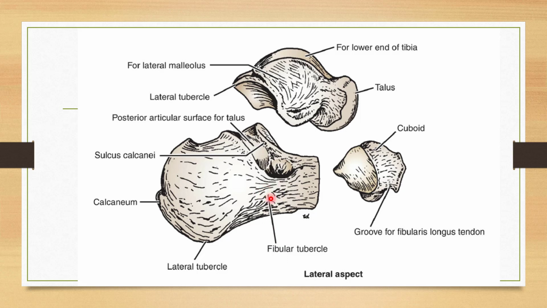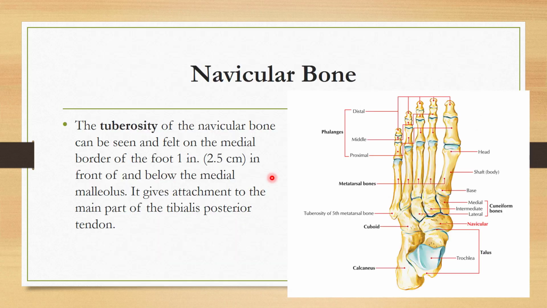This peroneal tubercle is very small, and because of this small tubercle this lateral surface is flat, and this peroneal tubercle will separate the peroneus brevis above and peroneus longus below. Remember this thing.